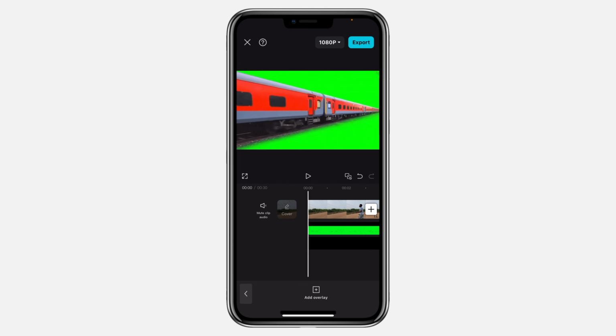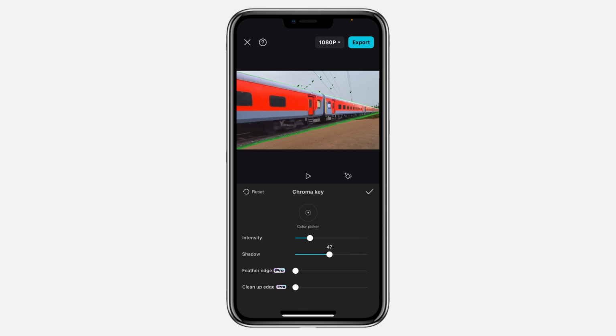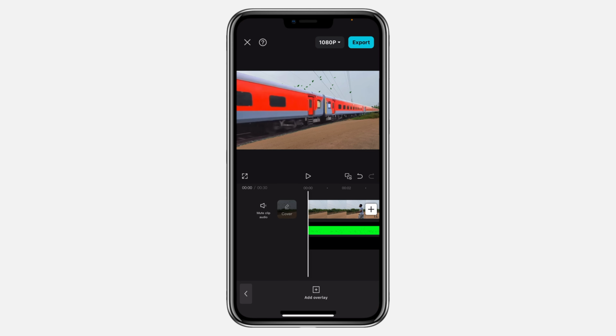Now, this is what I want to achieve. I'll click on it, the same thing, remove background, and then chroma key. I would intensify the chroma key and remove this. So you see how it blends very well with the background. So this is the background. If I play the video,